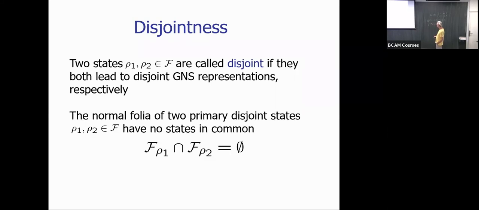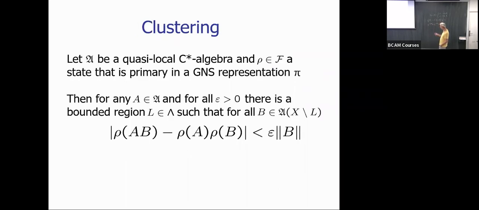And this is now the important fact, and this relates to your point, how this relates eventually to thermodynamics, for example. We see that the normal folia of two primary disjoint states have no states in common. And this means that the state space of an algebraic system can be partitioned into these normal folia. And even more, I come back to this issue later, but first of all,